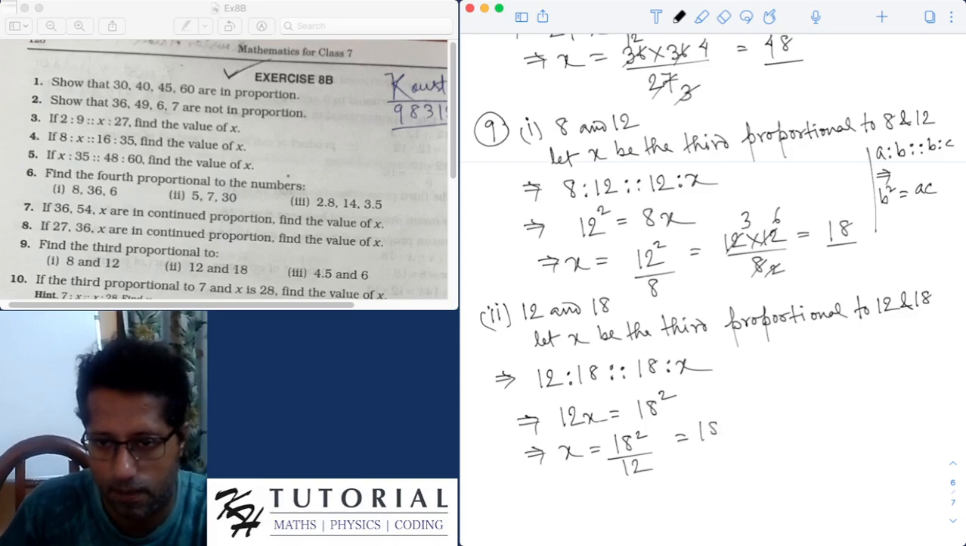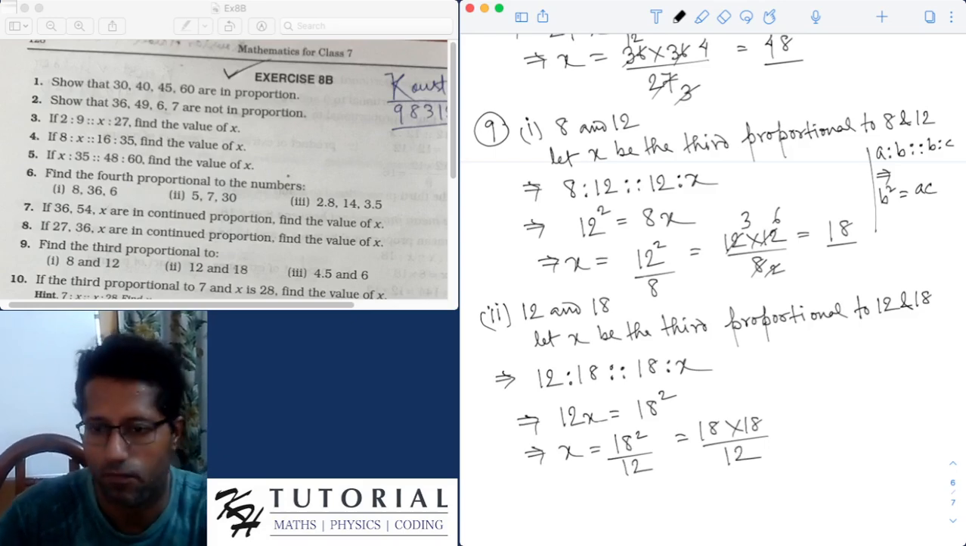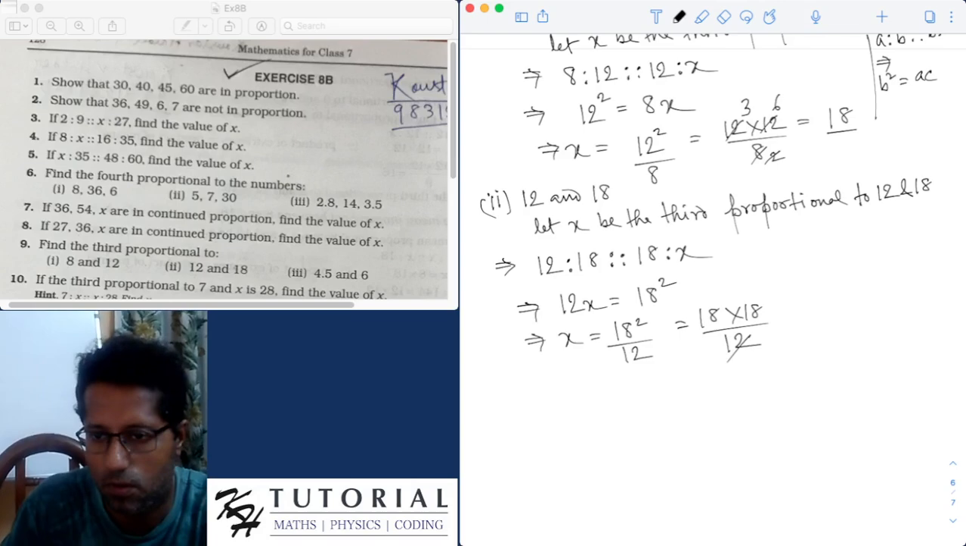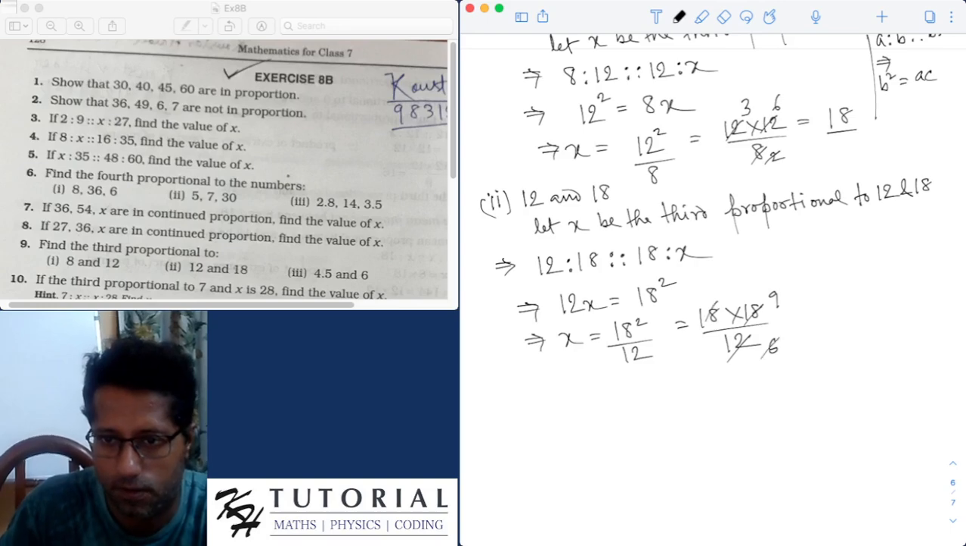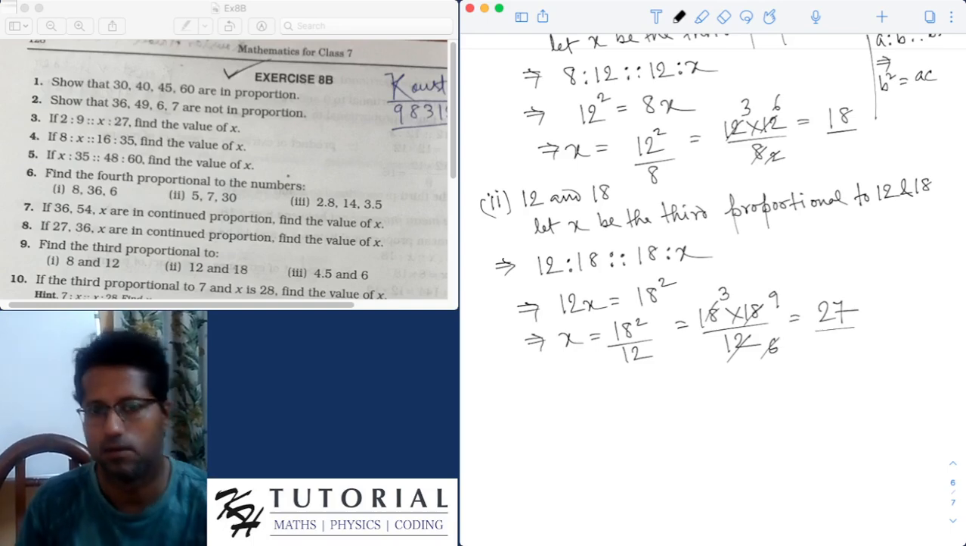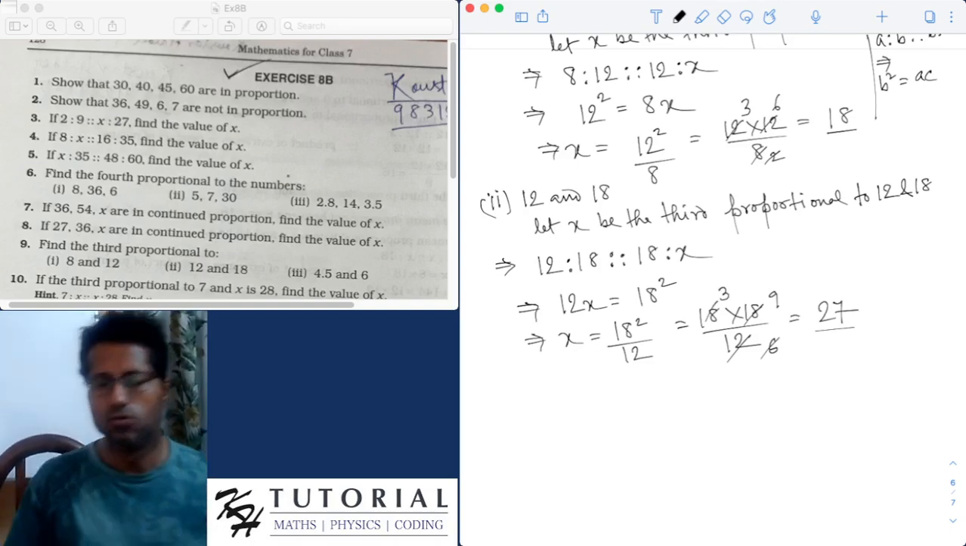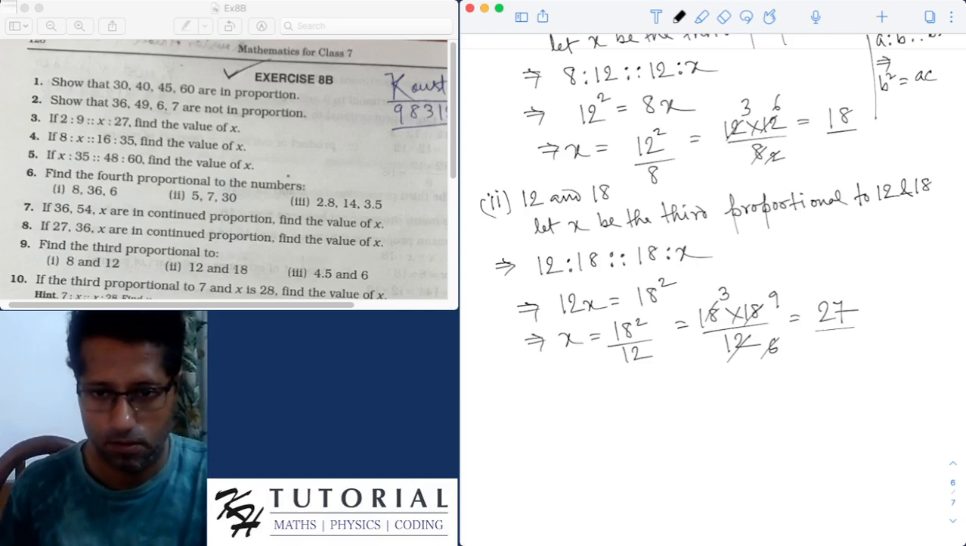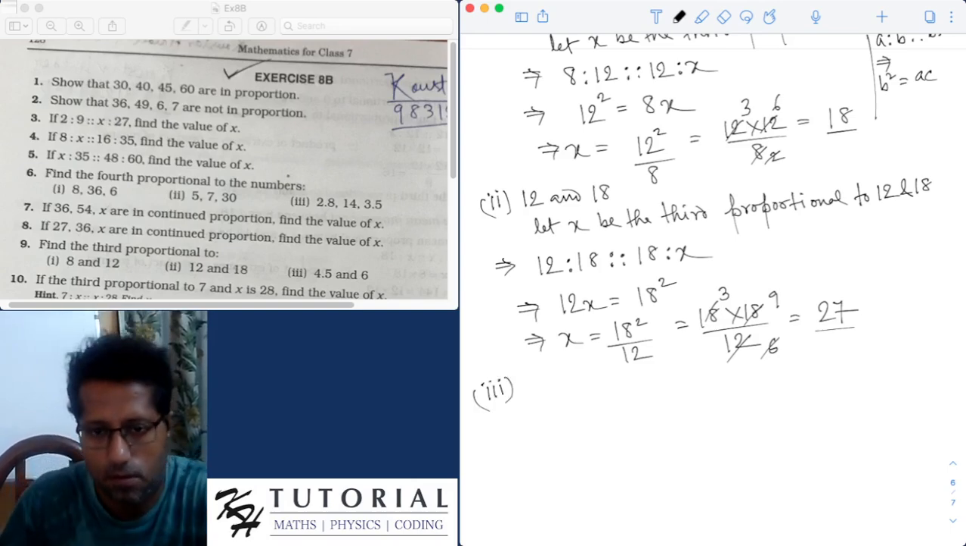This is 18 multiplied by 18 by 12, and now we have to do cancellation. 2, 6, 2, 9, 6, 3. So this is 27. So the third proportional to 12 and 18 is 27. Okay. Part 3